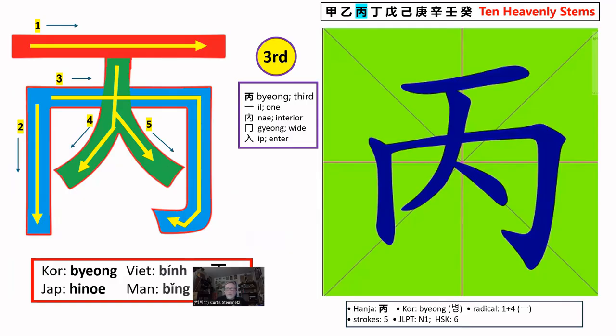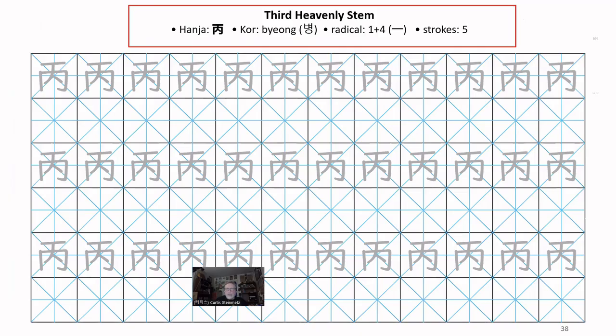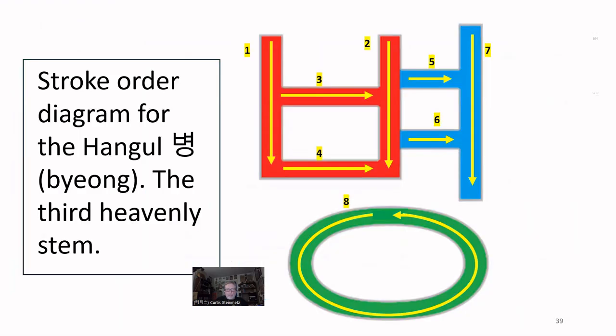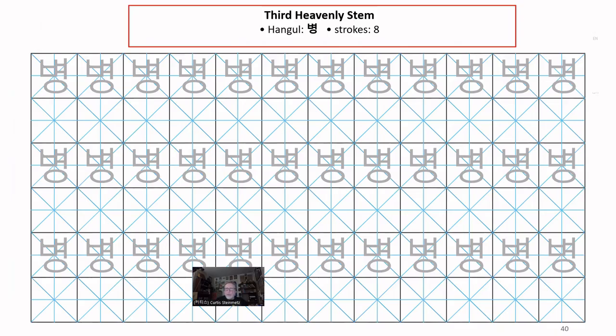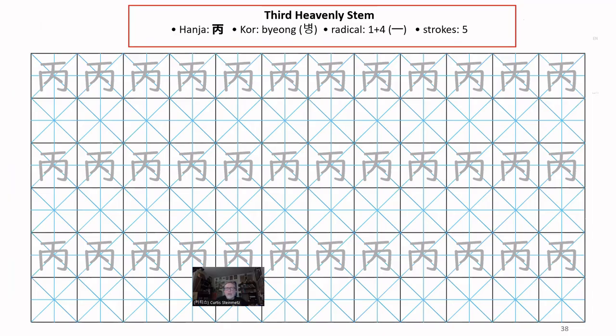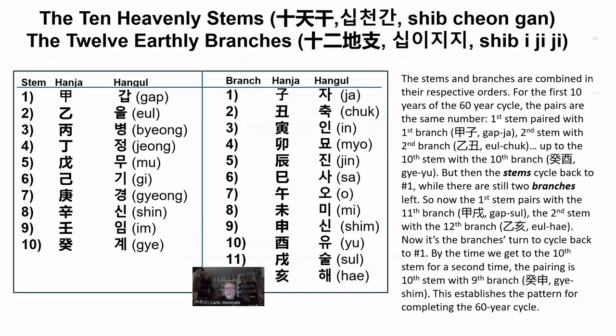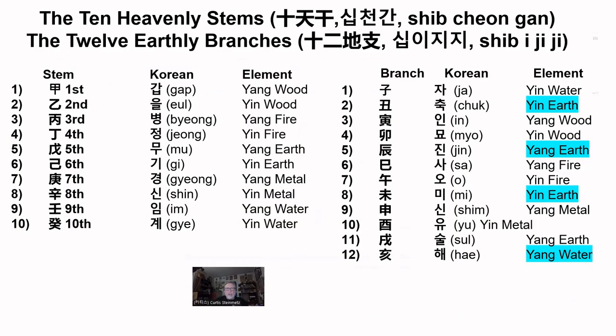We'll look at the stroke order diagram, the stroke order animation. You'll get a chance to watch me writing the character, as well as this stroke order diagram for the corresponding Hangul, and you'll get a chance to watch me write the Hangul as well. But before we get to that, I want to spend some time, just a few minutes at least,